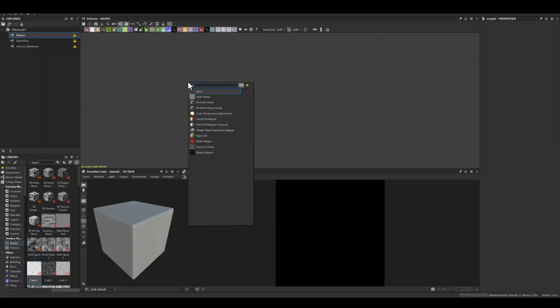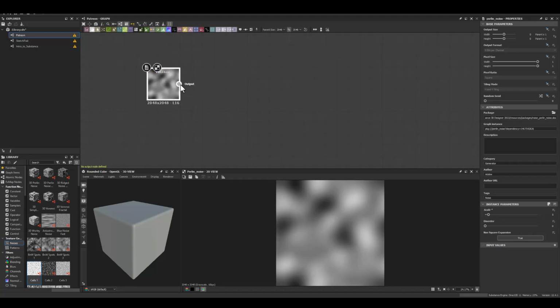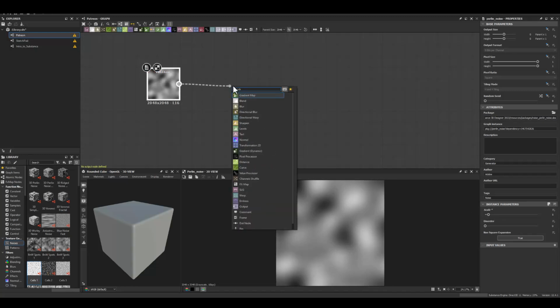Okay, so I'm gonna start with pellet noise, and feel free to experiment with different noises because you're probably gonna get very different results. It depends on the noise you're gonna use. So I'd encourage you to try different ones, see which one gives you the results that you want, and go from there. But I'm gonna start with pellet noise, reduce the scale of it, run it through cross